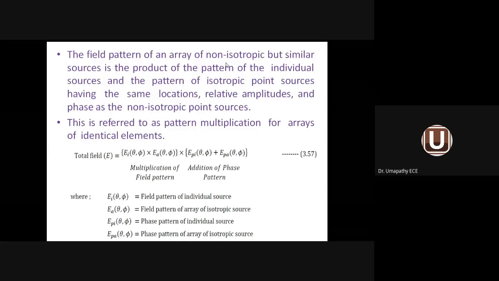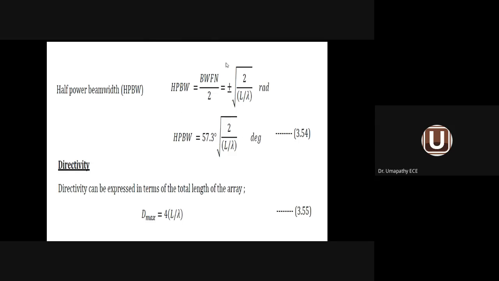One way we have already seen. What is the one way we have seen? In the previous case, broadside array and end-fire array, what did I do? I calculated the maxima angle, minima angle, and half power point angle. Finally, I drew the radiation pattern for each antenna array. How did I draw this? First I drew the arrangement of the antenna. From the arrangement, the expression for the total field strength ET. From ET, the maxima angle, minima angle, half power point angle, beam width, directivity, secondary maxima. After calculating these parameters, I was able to draw the radiation pattern of a particular antenna array.